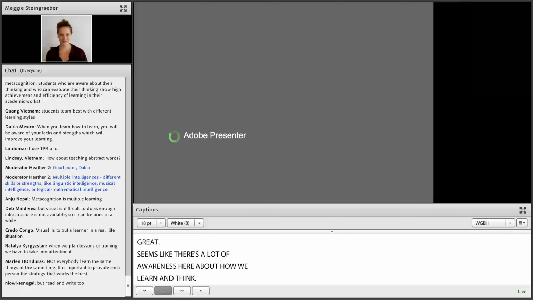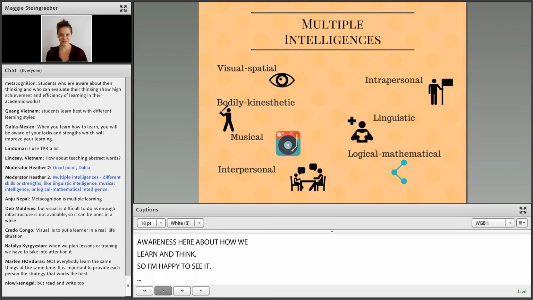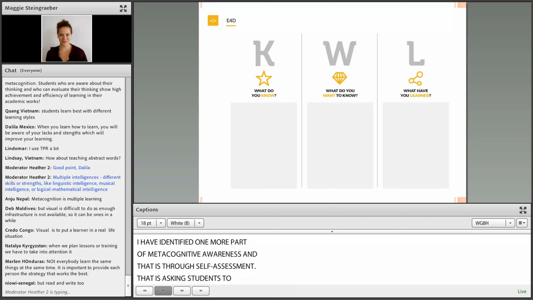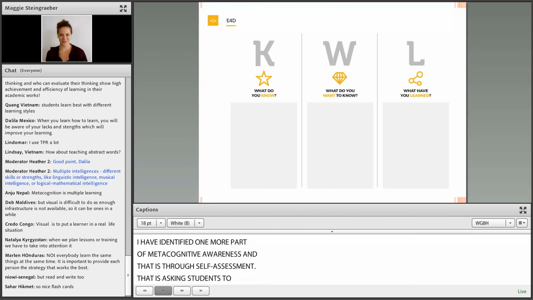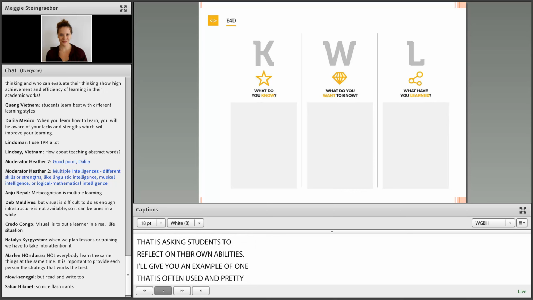I've identified one more part of metacognitive awareness, and this goes a little more with sharpening that intrapersonal skill, and that is through self-assessment. So that is asking students to reflect on their own abilities. I'll give you an example of one that is often used and pretty well known, that is a KWL chart. So KWL looks at what students know, what they want to know, and then at the end, reflecting on what